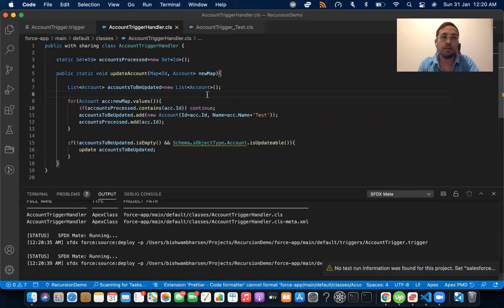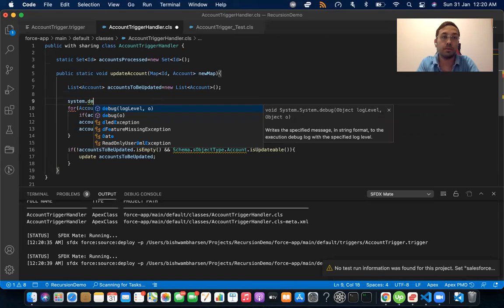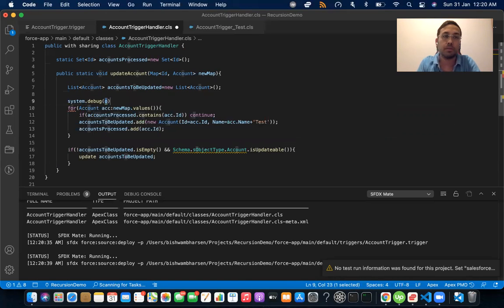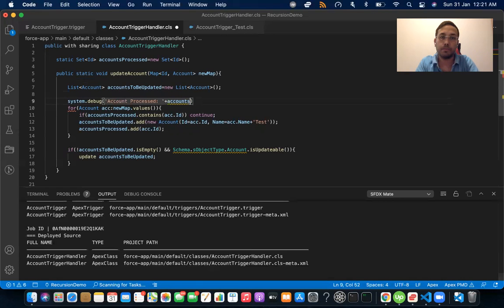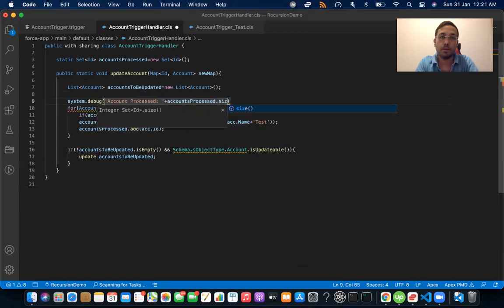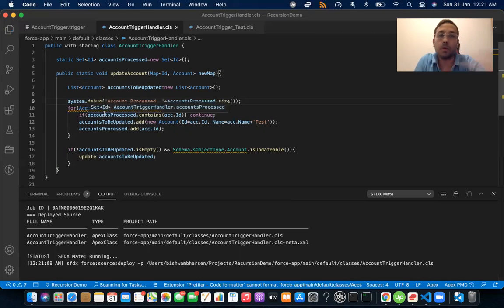And for the sake of tracking this change, let's also track the value of this, like the size of this specific set. So I'm going to say accounts processed, and I'm going to put in size. So let's see. We will also get to see how exactly it's processing the entire update, all the 500